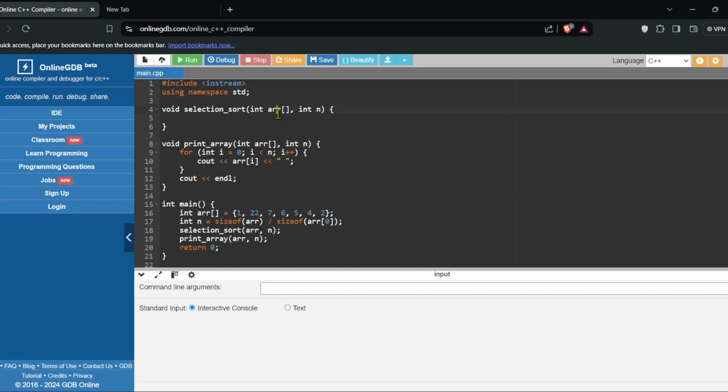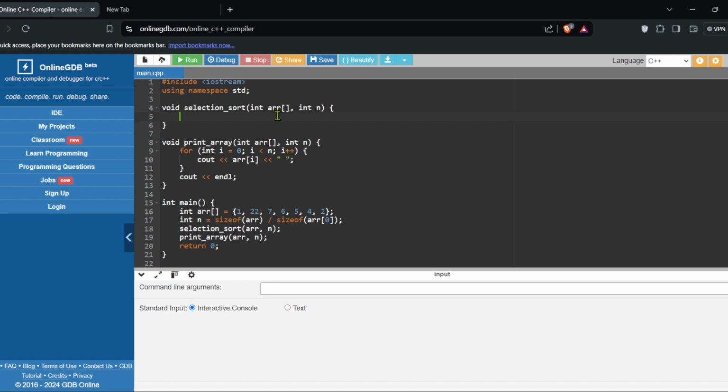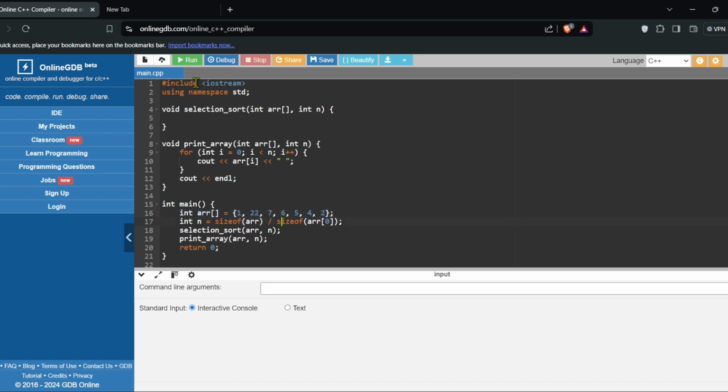Hello. So today we will discuss the selection sort algorithm, and we will implement this algorithm in C++. This algorithm takes one array and the array size from the main function. Here you can see we are passing one array of size 7, with elements 1, 2, 3, 4, 5, 6, 7, to a selection sort function, and this function will